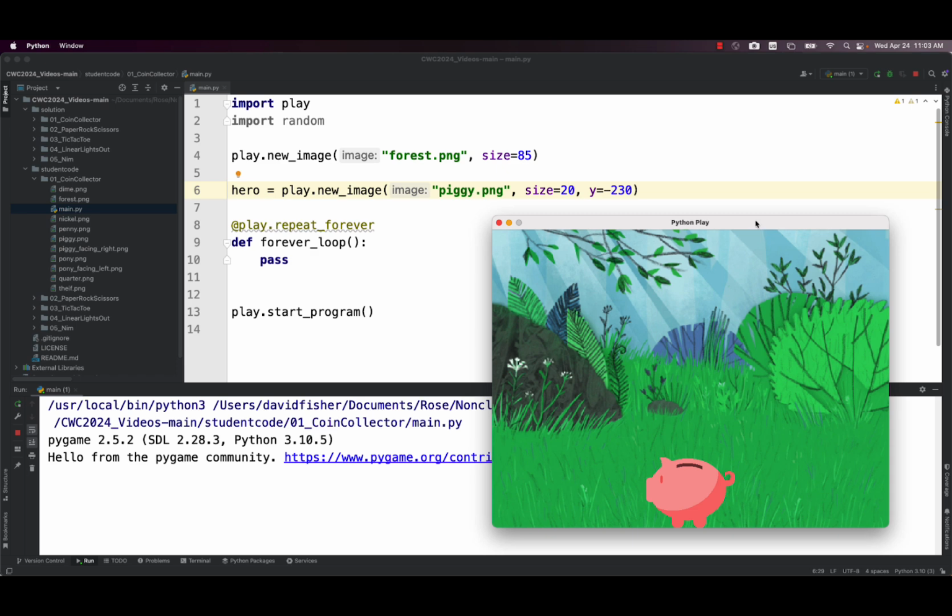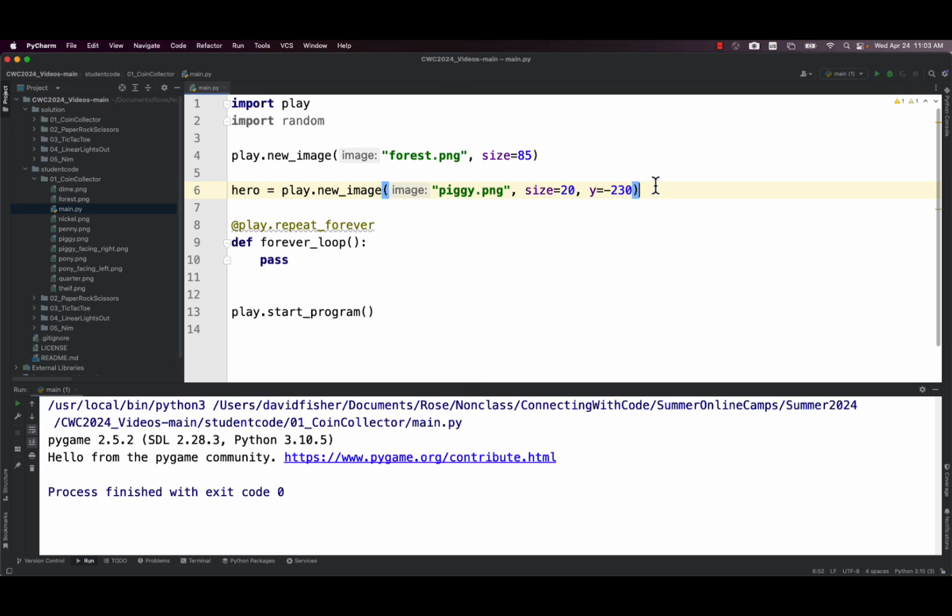So the main thing that you can see that's different about my line 4 versus my line 6: in one case, I make the sprite, but I don't keep what's called a reference to it. I don't have any way to change it later. But the hero, we actually do have a reference to. And since we have a reference to it, we can change it later in our code, which would be kind of fun.